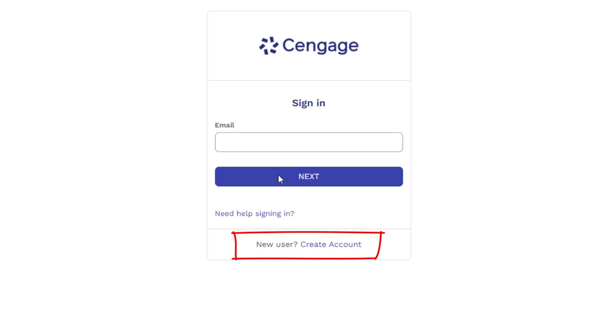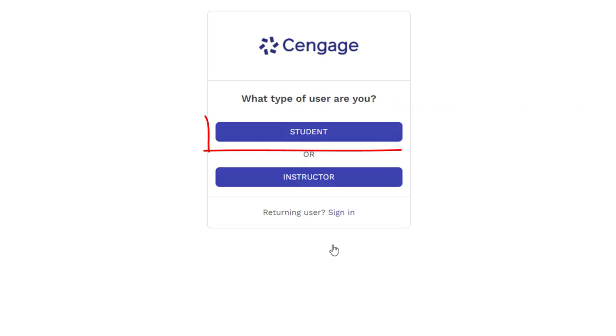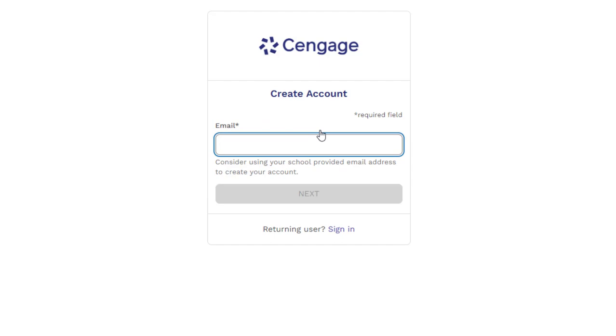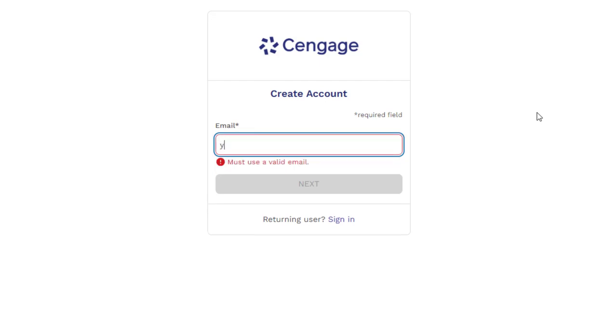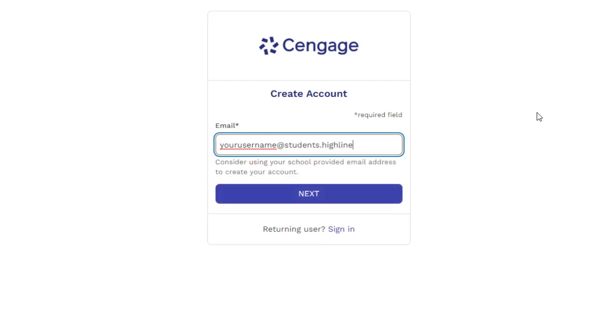To create a new account, I need to click on this new user, create an account, and I'm gonna click student. You're not an instructor, and you want to put your Highline email address. This is how Canvas recognizes who you are, so it's gonna connect your Highline email address to Cengage when you create that account. Here is your username, the same username you use for Canvas, and you put students.highline.edu. Then you go next,